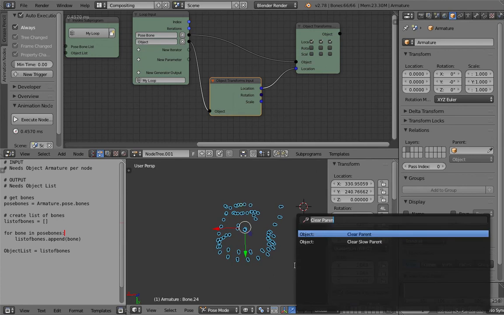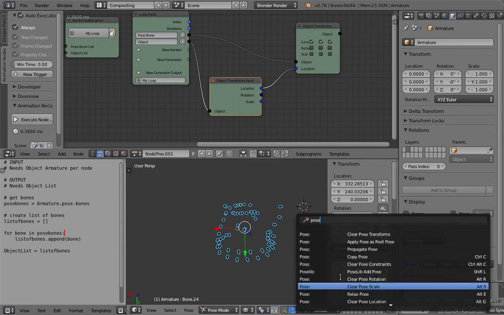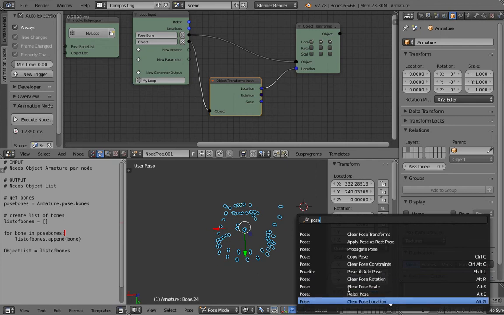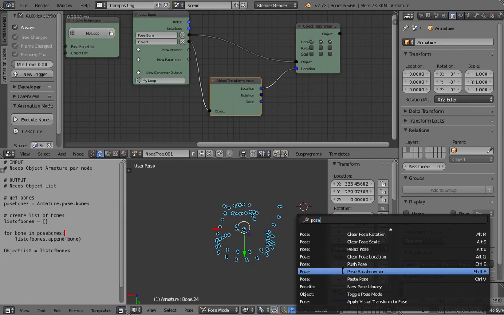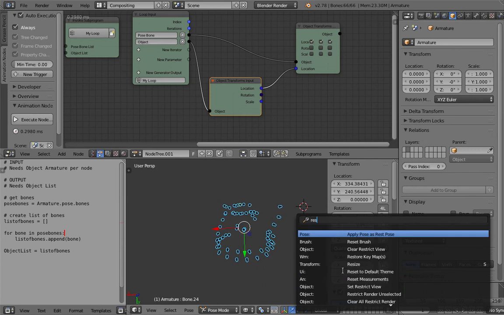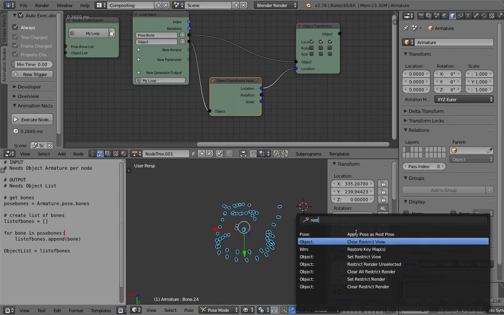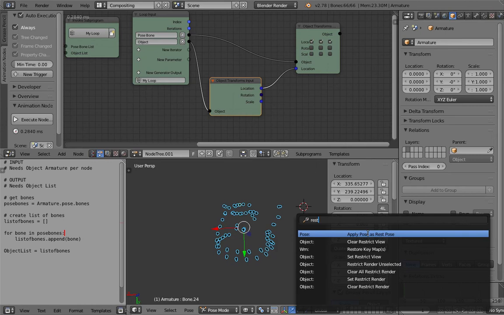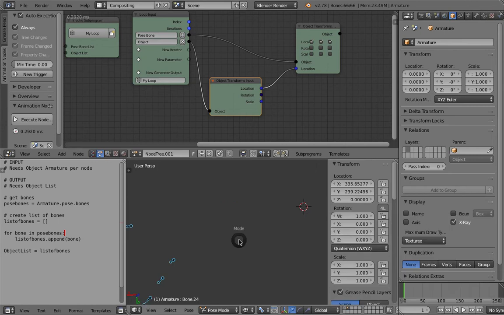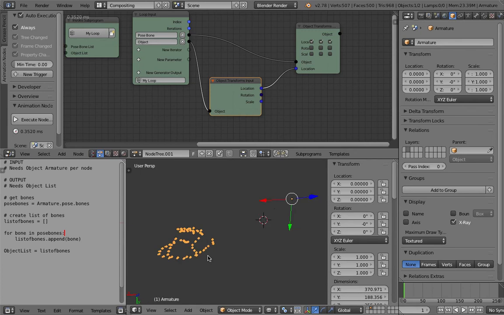So pose, rest, apply pose as rest position. Now